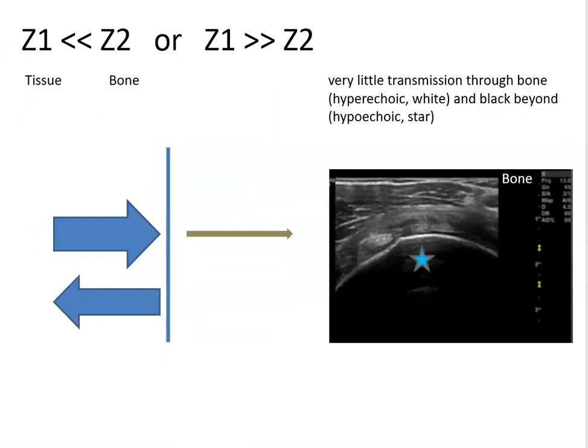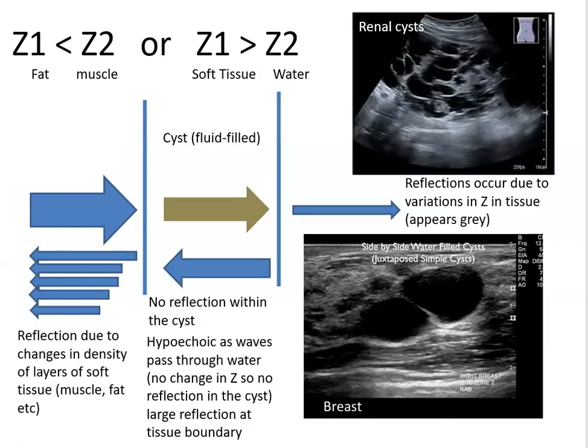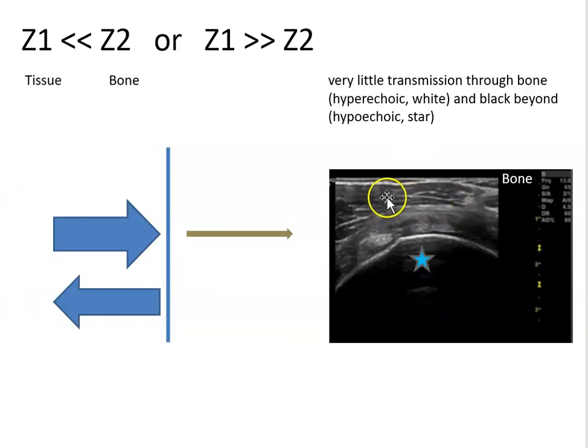We can take the Z to the extreme here, where we've got tissue and bone. So Z of tissue is very, very low compared to bone. So here we've got an ultrasound image, and we've got various levels of tissue here. So this is skin and muscle, so you've got maybe different layers of muscle and fat going on, and then we've got this sudden bright layer there, and that is where the sound waves have hit bone and almost all reflected back. So like in the previous slide, we'll have got something like this going on to generate these layers of fat and tissue here, but then when the sound waves hit the bone,